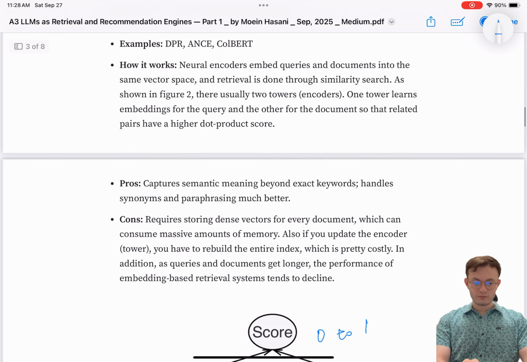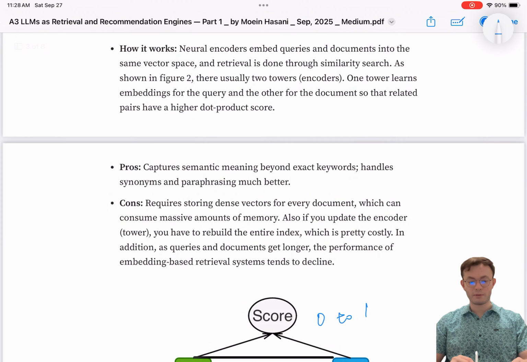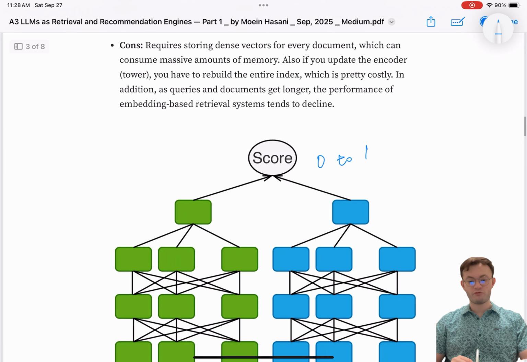So the pro of this method is that there is semantic understanding, because it's a neural network, a language model even. The embeddings it creates, the embedding for pastry and the embedding for croissants, are close to each other. So problems with not sharing the same words will not happen. However, there are a few problems with that. One of them is that you have to have a storage that keeps all these embeddings. Imagine you have billions of documents in your library.